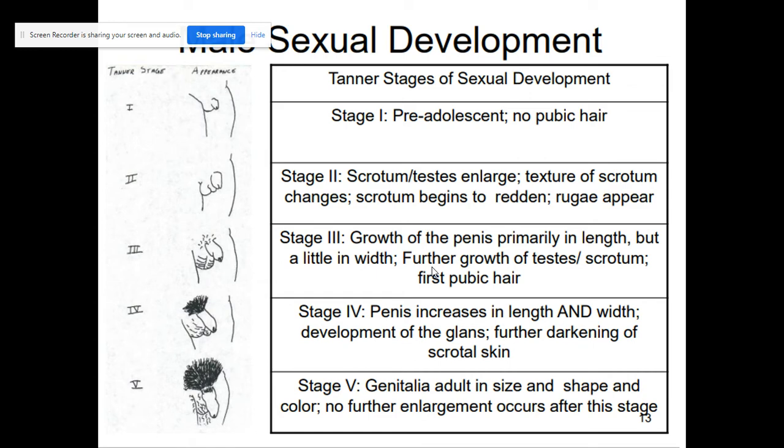In assessing a physical examination also, some of this male sexual development are observed. So this is called Tanner stage. We have also Tanner stage for breast, but this is Tanner stages of sexual development of male reproductive system from stage 1 to stage 5. Okay, you can just go back to this table to read what happens to the male reproductive system during each stage from stage 1 to stage 5. Okay,